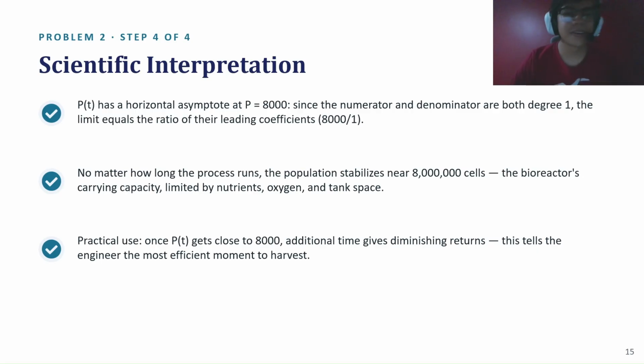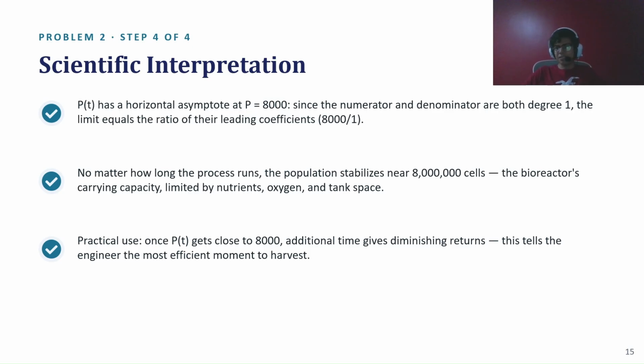Scientific interpretation: P of t has a horizontal asymptote at P equals 8000. Since the numerator and denominator are both degree 1, the limit equals the ratio of their leading coefficients. No matter how long the process runs, the population stabilizes near 8 million cells. The bioreactor's carrying capacity is limited by nutrients, oxygen, and tank space. This is important, no? I like this topic because